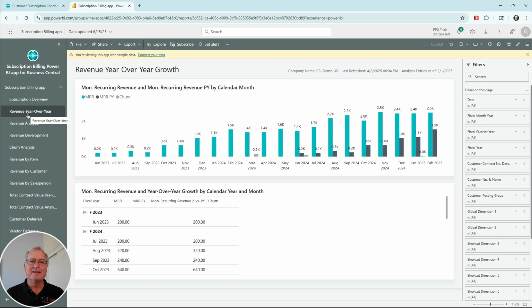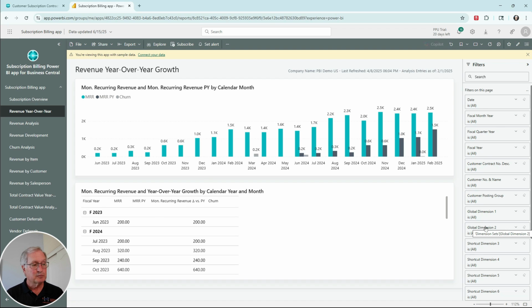And this is another report that I think people would really like. This shows revenue growth year over year. You can see that here. I've got basically a year and a half of revenue in this graph. And like all Power BI reports, I've got some very nice filters here. So if I want to filter on a particular customer group, a particular item in case, I can do that